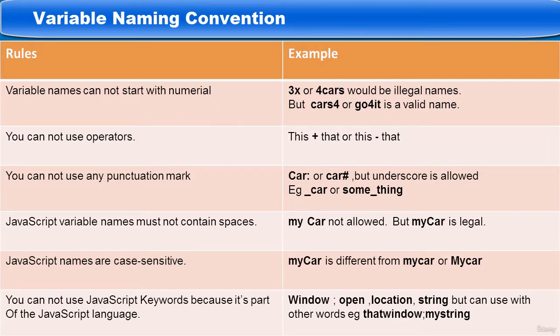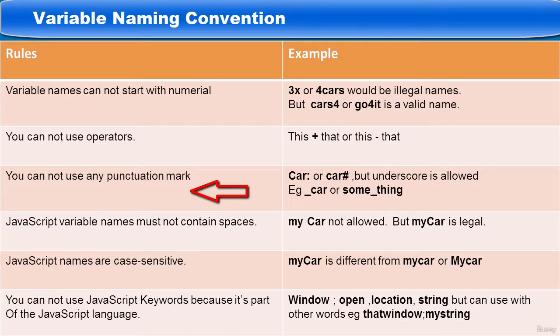You cannot use operators. Operators, I mean either mathematical or logical operators. You can't use that in variable names. For example, you can't call a variable this plus that, or this minus that, or this times that. You can't do that. You cannot use any punctuation marks of any kind in a JavaScript variable name other than